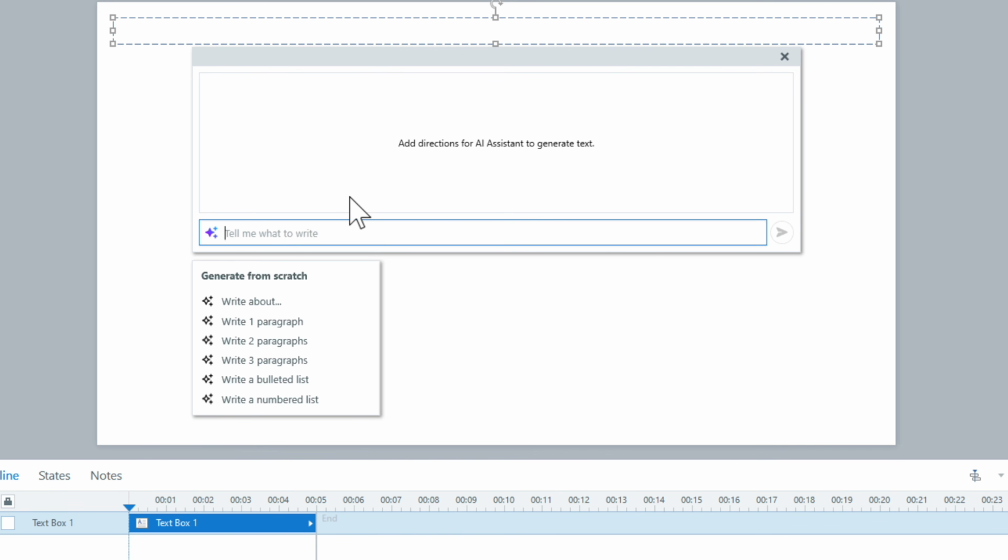Now I don't have to use this. I can just go ahead and copy and paste in my own text from my storyboard. But let's go ahead and try this out. Let's say write about 3 important key concepts to keep in mind in workplace